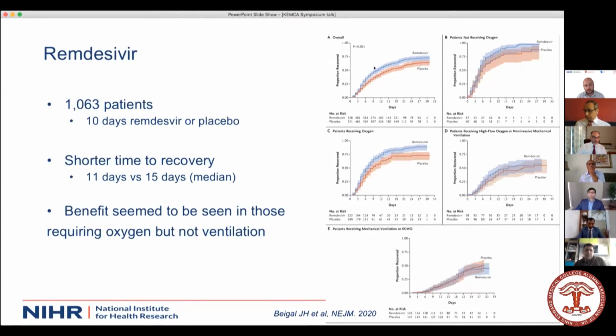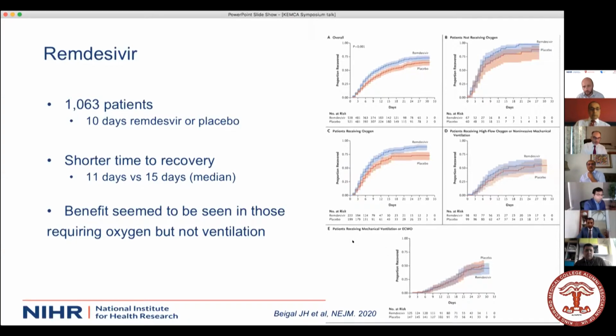And in terms of time to recovery, the group on remdesivir had about 11 days to a significant clinical recovery, as opposed to 15 days with those in the placebo group. When we look at which groups seem to respond, those that got oxygen seem to have a better response than those that didn't. Interestingly, those who didn't require oxygen but were not ventilated, so the milder patients, showed no significant difference, but that becomes trickier because, of course, there's less room for improvement.